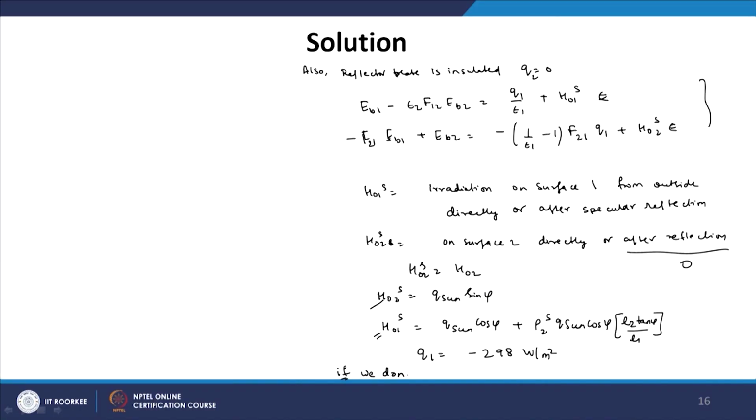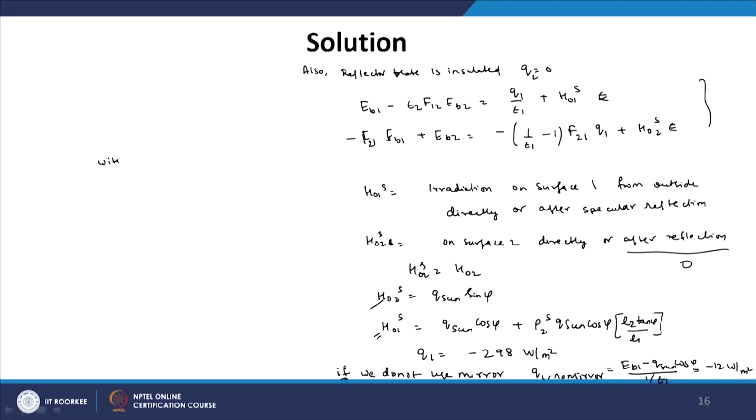Okay. If we do not use mirror, then energy, simply Q1 no mirror, will be equal to EB1 minus Q sun cos psi by 1 upon epsilon 1, which is equal to minus 12 watt per meter square. This is nothing. Okay. Only a very small amount of energy is received if we do not use a mirror. Okay. And that much amount of energy may actually be lost due to convection and other losses. So, we can understand the importance of the mirror in this problem.